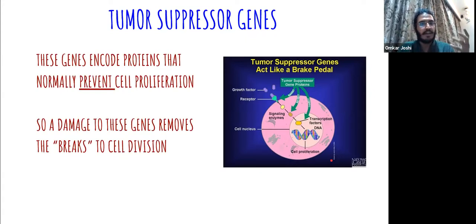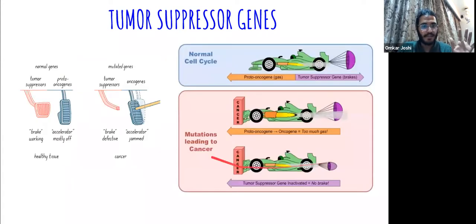These molecules will inhibit the signaling molecules, which means they'll deactivate them, and so there will not be any cell proliferation. Another way to understand this is you have a vehicle, right? In normal circumstances, a tumor suppressor is like a brake, and a proto-oncogene is like an accelerator. Unless there is a signal to grow, the accelerator, and hence the proto-oncogene, is mostly turned off. And the brakes are working, in the sense there is controlled growth. Whenever there is a signal, there is acceleration, and then there is a brake. What happens when mutations happen is the brake is defective. There is no brake, and so you can't stop.